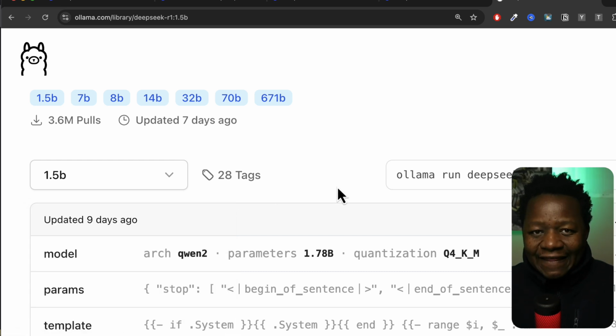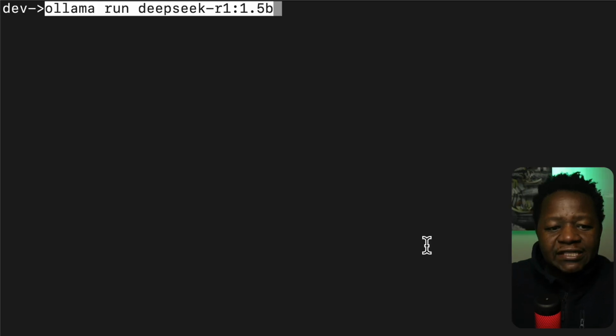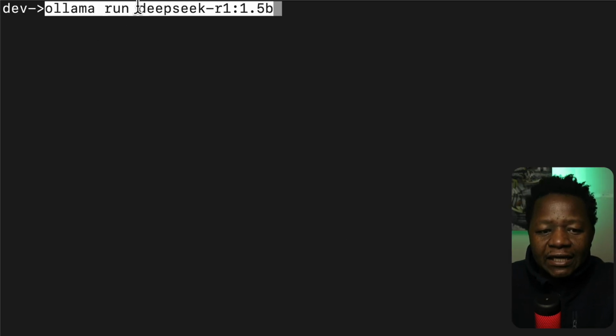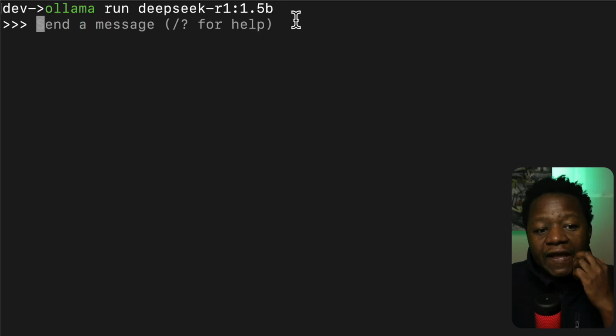How do we get that to our local machine? So I'm going to copy this, assuming that you have Ollama running locally, downloaded, everything is good. I'm going to go ahead and open a terminal and just paste that in, ollama run, and this is what I have right now. Okay, so you hit enter. I already have that installed. In your case, it's going to go ahead and pull all those resources and set everything up locally.